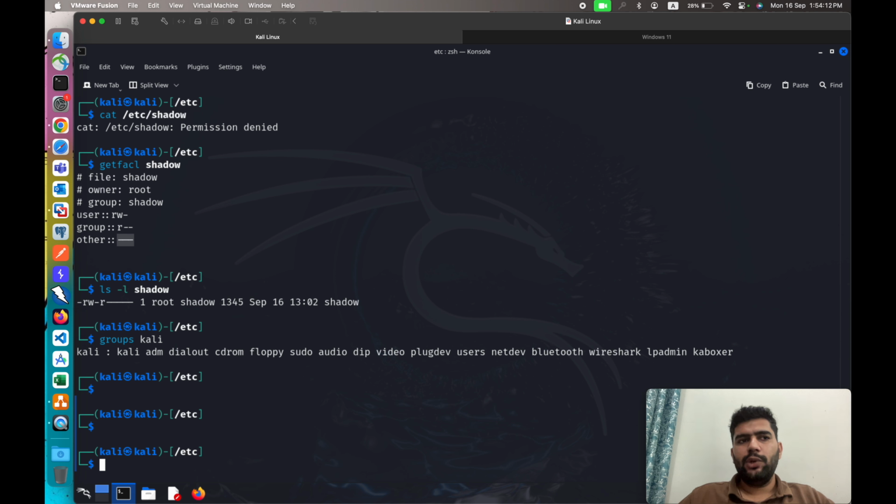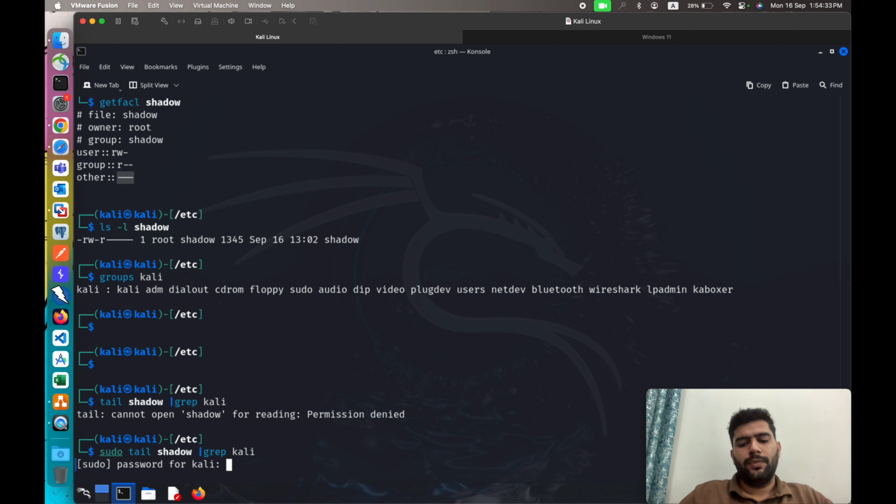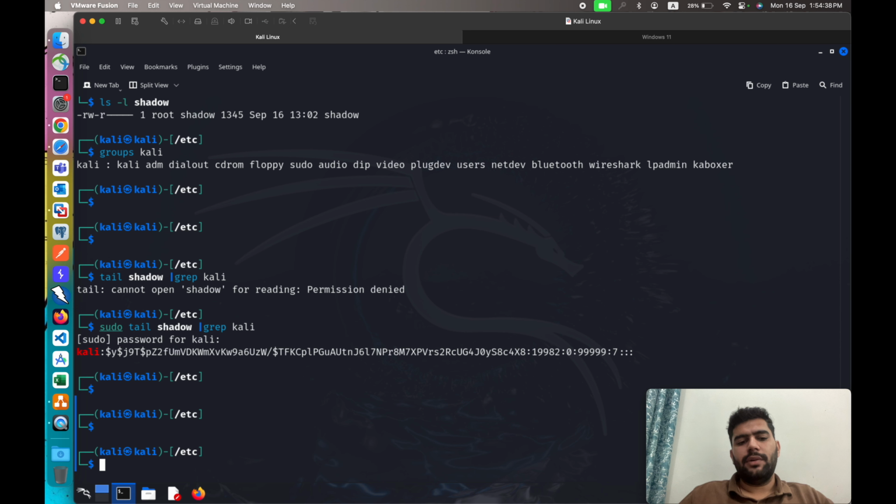You can use different hashing algorithms as well, but in the general case, if we go with the tail command just to print the last few entries of this shadow file, or we can go with grep Kali, we need the permission. So let's just go with sudo, enter the password,